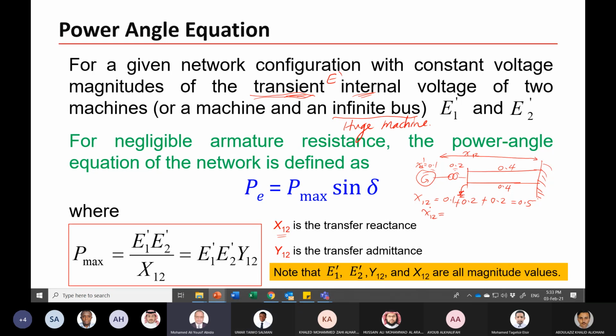But this is not during the fault, and I am talking about during the fault. Maybe to clear the fault, you isolate this line. In this case, we have another configuration, so we have another value of X12. Yes, if this line is out, but this is post-fault, to clear the fault, so it becomes 0.7. But during the fault,